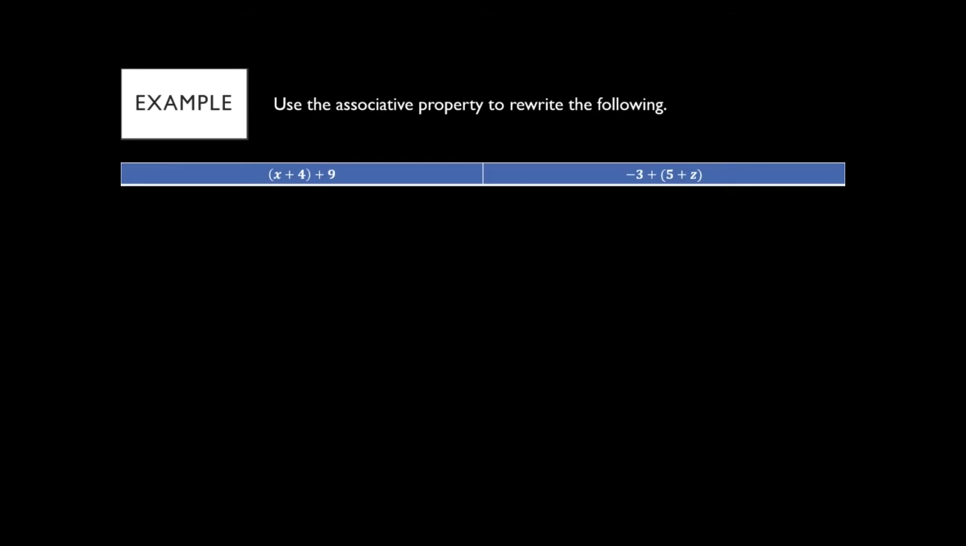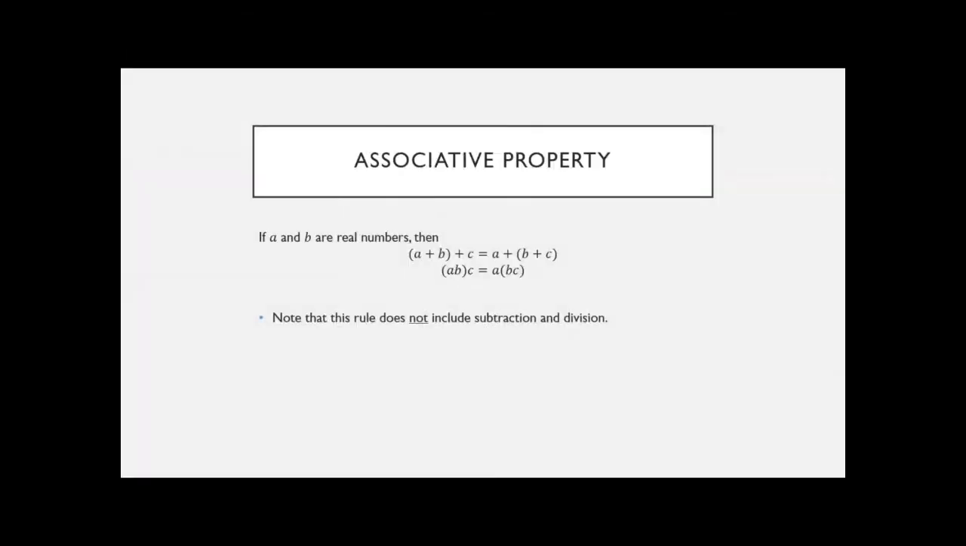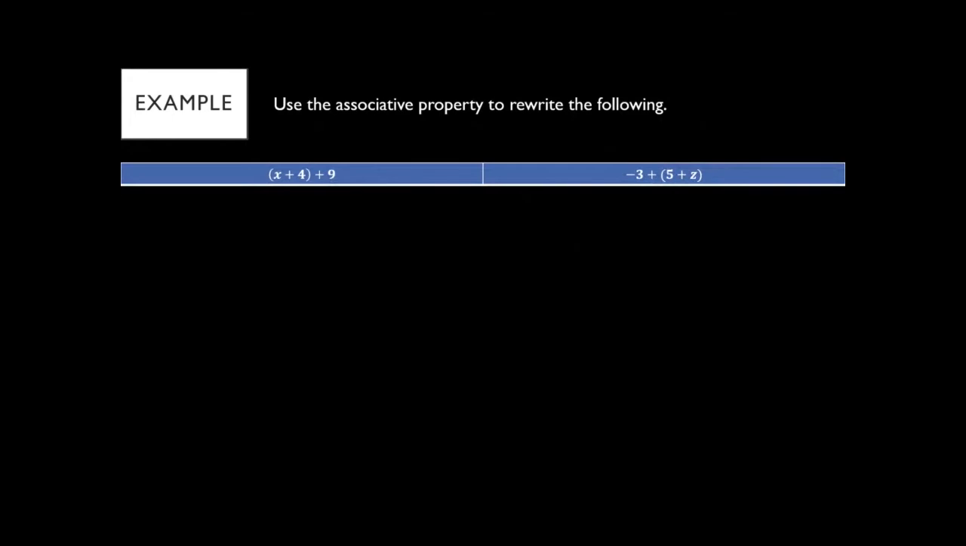When you see the word rewrite, all that means is that we are using the rule to move the parentheses. We're not adding anything actually together. We're not going to combine any numbers. We're just moving the parentheses. So when you're rewriting, you're just doing one step when you're moving things around. So our rewrite step here for the first one,